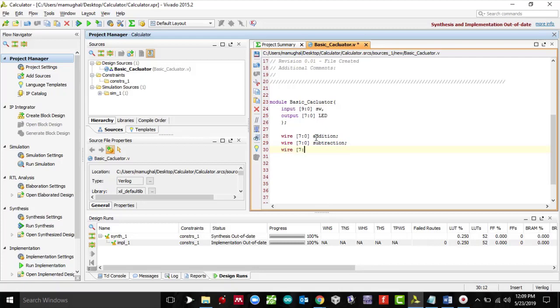I'm declaring them as wire because the answer, like addition, subtraction, multiplication, division, will change as there's a change in the switches, at the logic, at the input. So this is going to be multiplication, and this is going to be